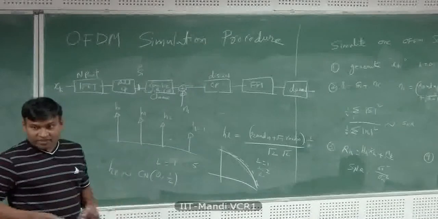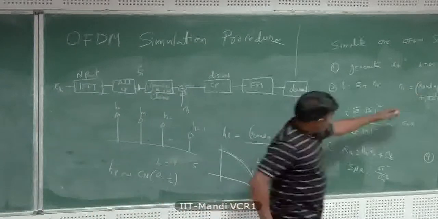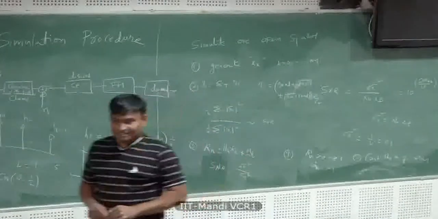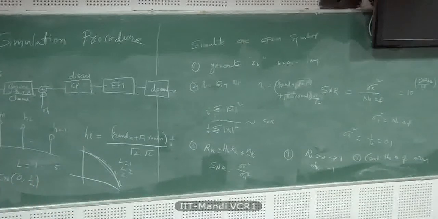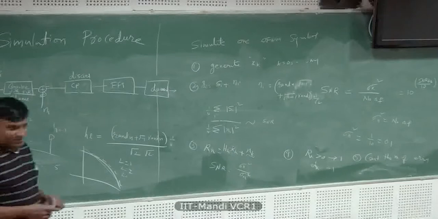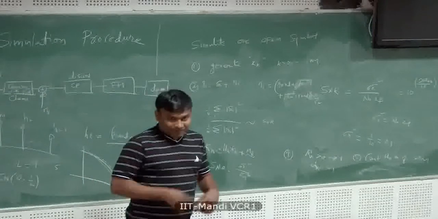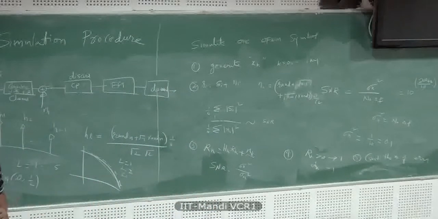Those who are not totally familiar with MATLAB, don't use things like vectors and all. Just put for loops. As much as possible, use for loops. But people who are really good at MATLAB, they never use for loops, because if you use for loops in MATLAB, simulations slow down quite a bit. MATLAB doesn't like for loops. Everything has to be put in terms of vectors and matrices, and MATLAB gives you that flexibility. When you do that, it's super fast. Simulation is very fast.